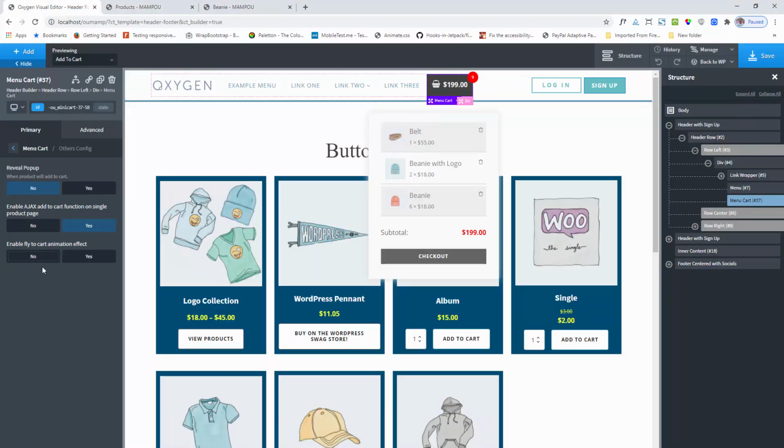Next option is enable the fly to cart animation effect. Means when you add the product into the cart, the product featured image will show a smooth animation effect and it will go to the cart menu button section. Let's see the demo.